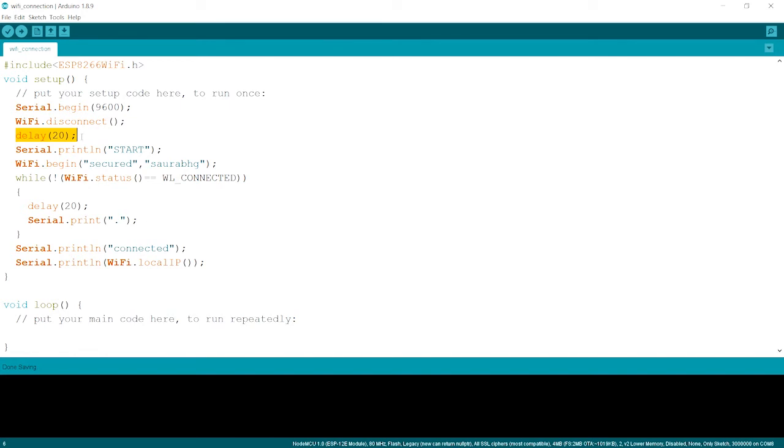We will give a disconnecting time, a delay of 20 milliseconds, so that it gets certain time before starting the connection, so that it can disconnect every other network. Now we'll do a Serial.println start. This statement doesn't do much with the board. It prints to the serial monitor that now the connection will be starting.